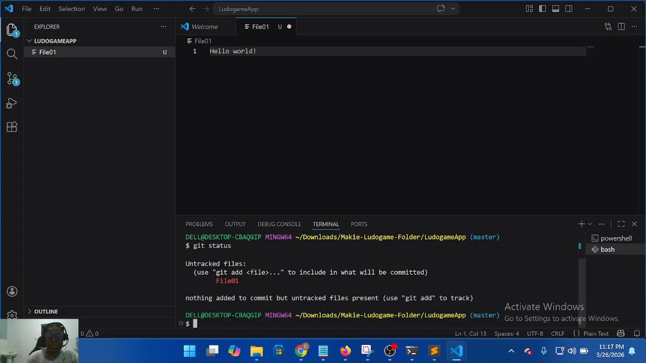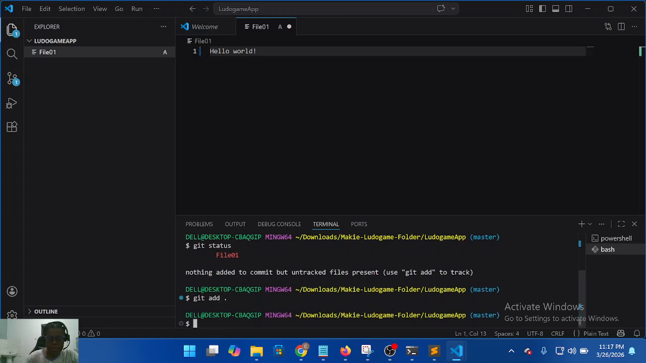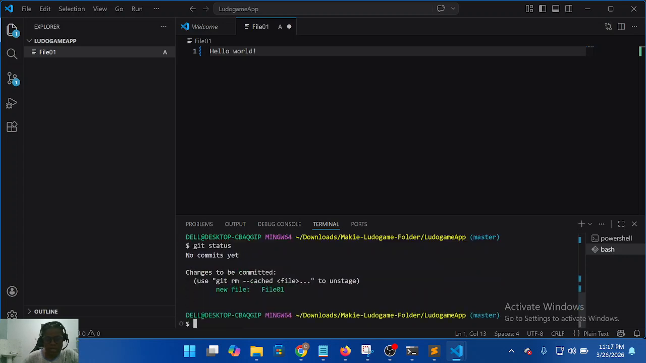So let's stage it by doing git add dot. Okay, now let's check the status. Git status. Can you see that this is green now? That means it's ready to be committed. Now let's commit. Git commit -m